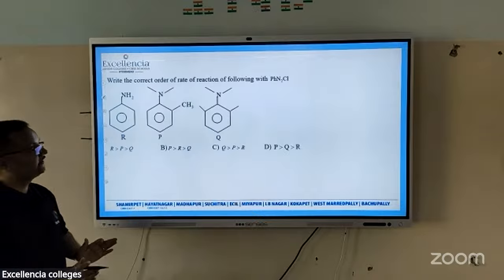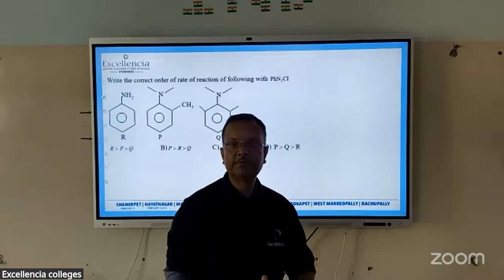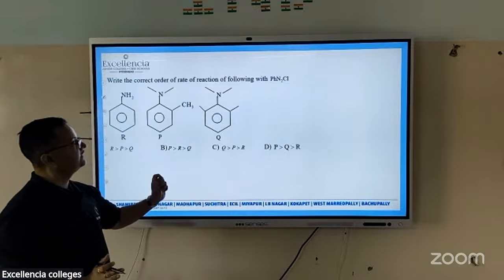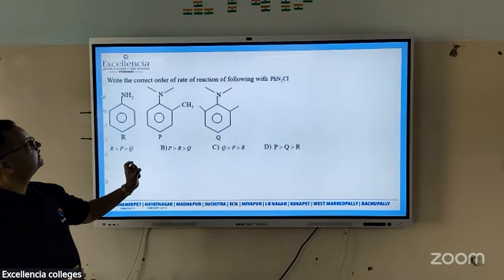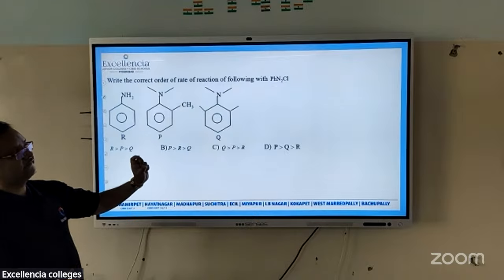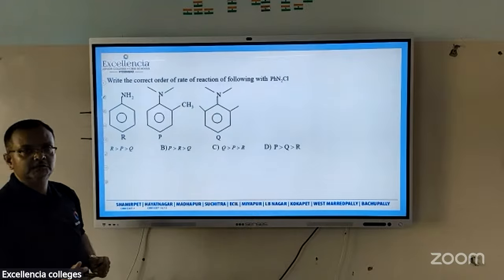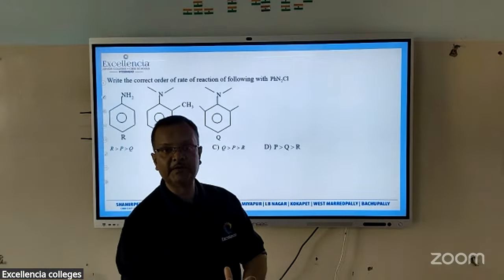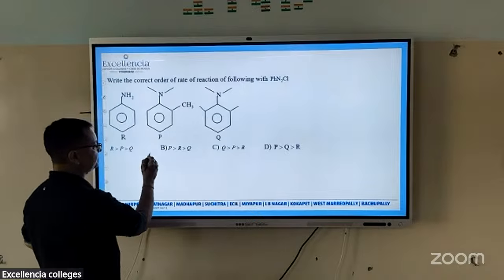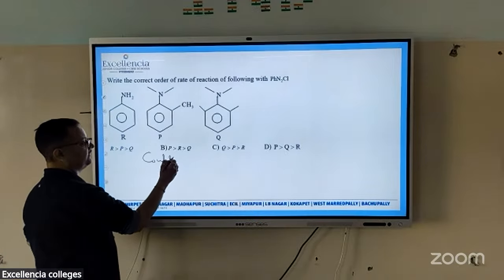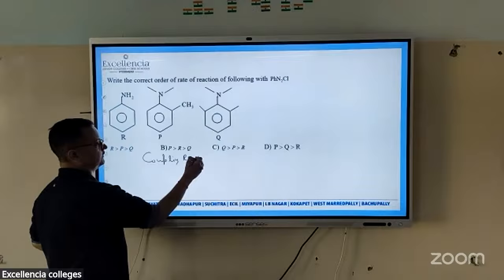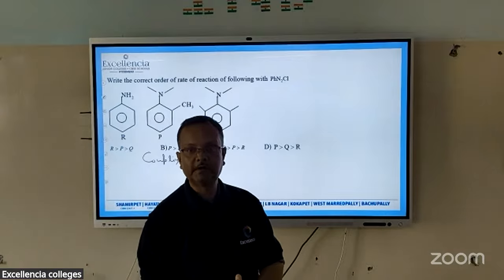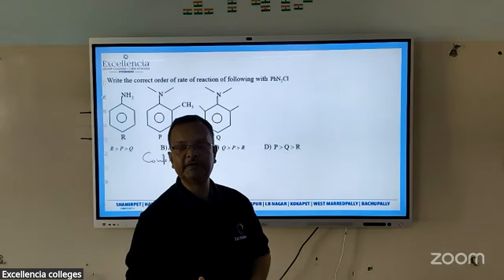See, this is a very, you can say, question, and it tells you that it's a reaction of amine with benzene diazonium chloride. So first of all, we have to see what reaction this is. See, it is a coupling reaction. If you recall, it's a coupling reaction. And the reaction of amine or phenol with benzene diazonium chloride is a coupling reaction.